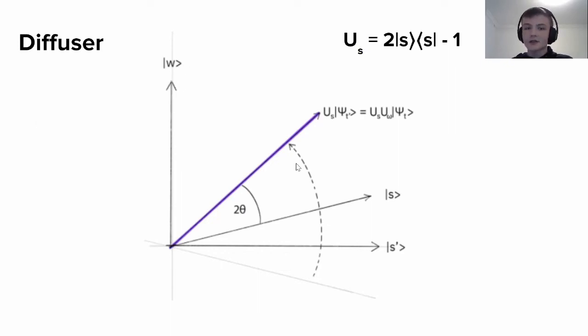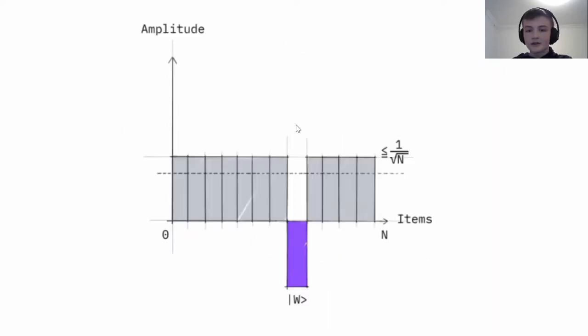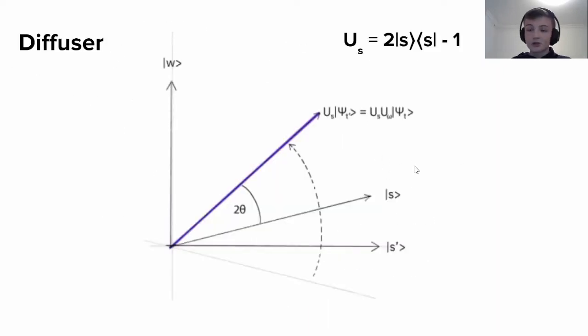But what's really interesting about this is that running experiments, we can see that the average number of times that we need to repeat the oracle step and the diffuser step is root of the length of the list. So in our case, we will only need to run it once, and we will get to this state. As we can see, it's not exactly W, but most of the time, once again, we run multiple quantum simulations. Most of the time, a clear majority of the time, it will collapse when we measure it into the state W where we can measure it easily.